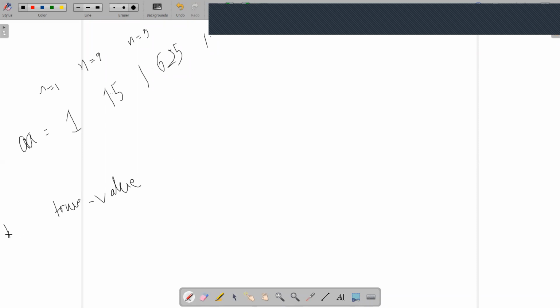My true error, ET, was calculated as this true value minus this A. Say for example, I have the true value, VT, a single value. From this one I am subtracting A. From one value, I am subtracting a vector, right? 1, 1.5,